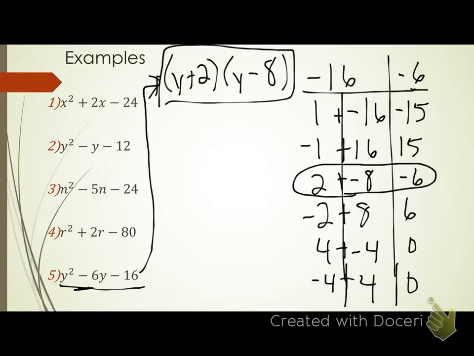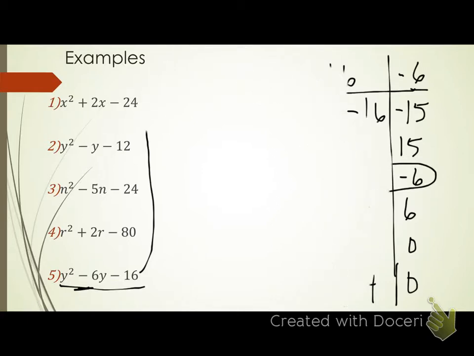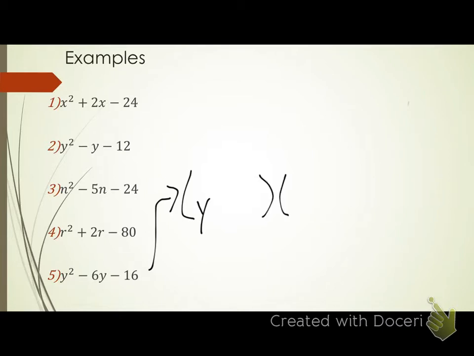Okay? Any questions there? Not too bad? Like I said, it's the same concept as the X puzzle. It just forces you to list out all those factors. So for number 5, let's show it using the X puzzle. What goes in the top of this X puzzle? Negative 16, and the bottom? Negative 6. So I'm looking for two numbers that multiply to give me negative 16